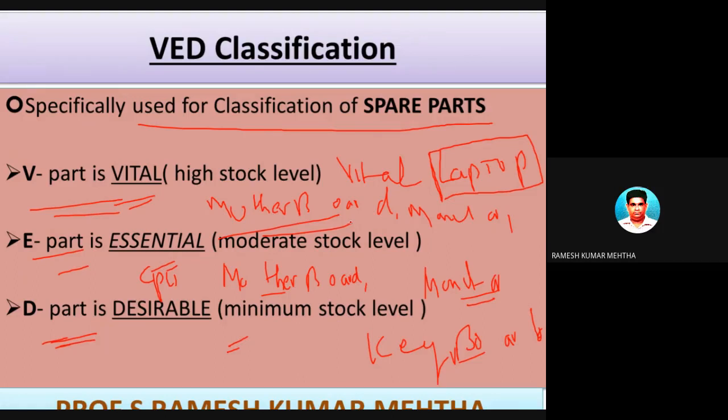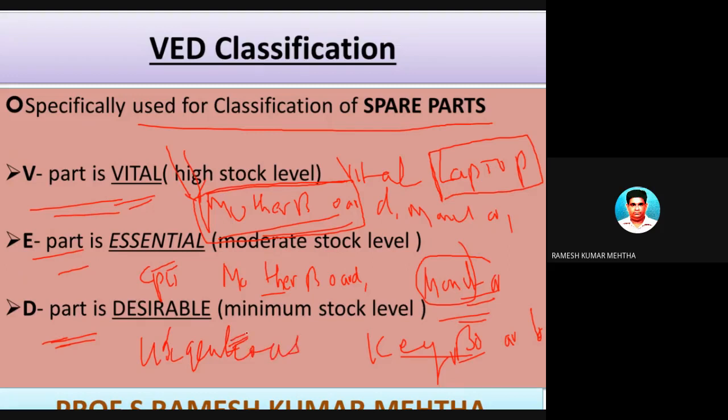There is a lot of lead time involved. So you have to store a good number of units, because if you run short of motherboards, procuring them takes a huge amount of lead time. That lead time has to be considered, and this product is very vital in the production of a laptop. Whereas the keyboard and monitor are not that important, because they are ubiquitous. Ubiquitous means they are freely available, and you can get them from the nearest point.